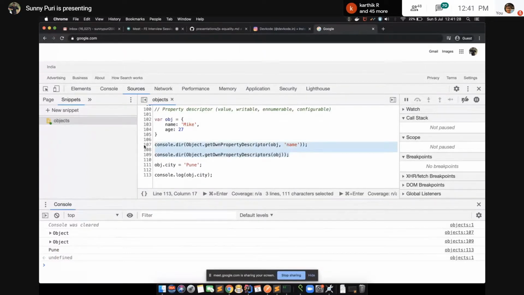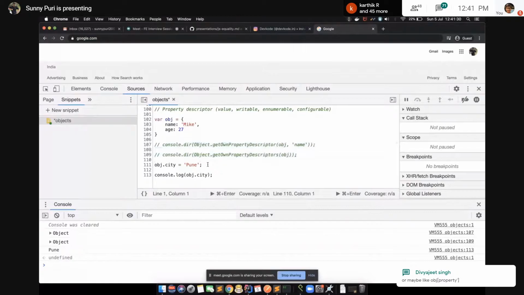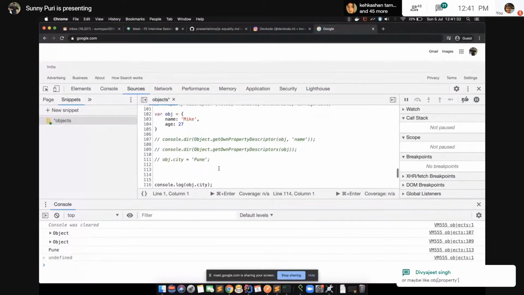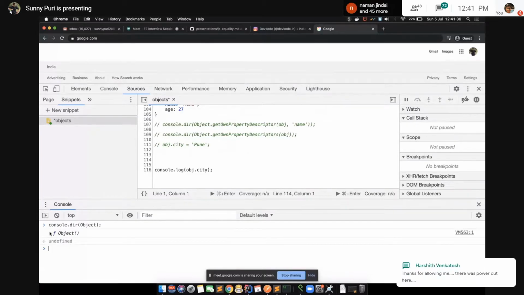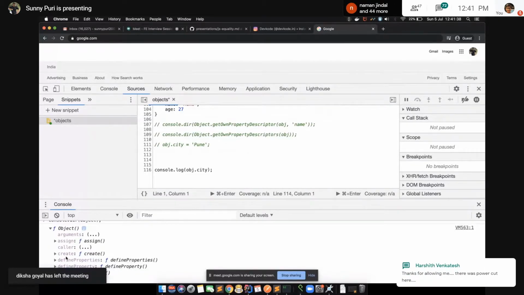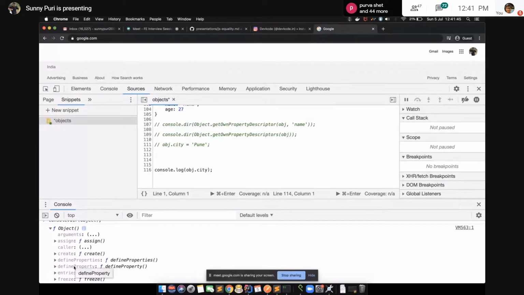Let me comment this out. Okay, so this is one of the ways. What is another way? We know Object, right? Just now we have seen there is one more static method, which is create. Okay, sorry, not create right now. Let's say defineProperty. We have another static method, which is defineProperty. Let's try it out.